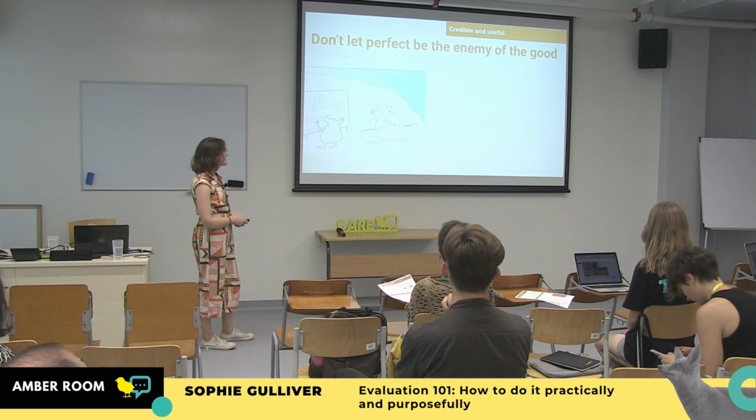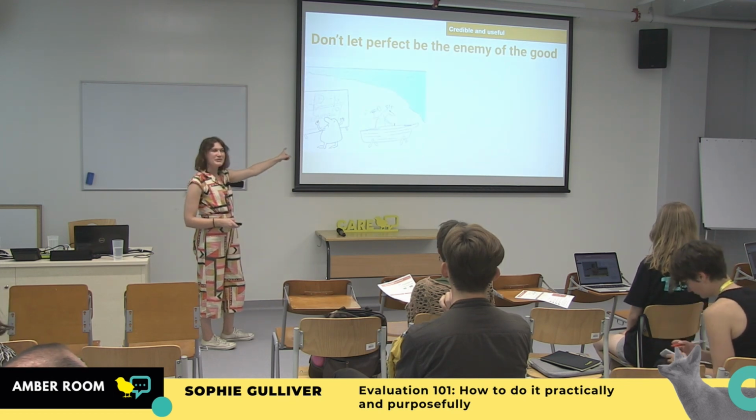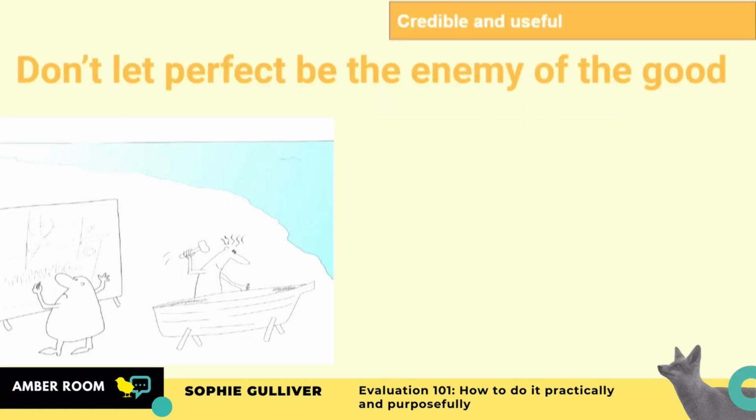And I love this picture because depending on what they're doing, both of these guys could be right or wrong. If we're sailing across the Atlantic, I mean, maybe not the Titanic, but we might want to design a really great boat because it's high stakes. We need high certainty we're going to get there. If we're just going to a channel island, like 200 meters offshore, let's just start building the boat. We don't need all this hardcore planning. We just need a rough idea and some hammers and some nails. So this is what I like to think of as DIY evaluation. So understand, are you this one?